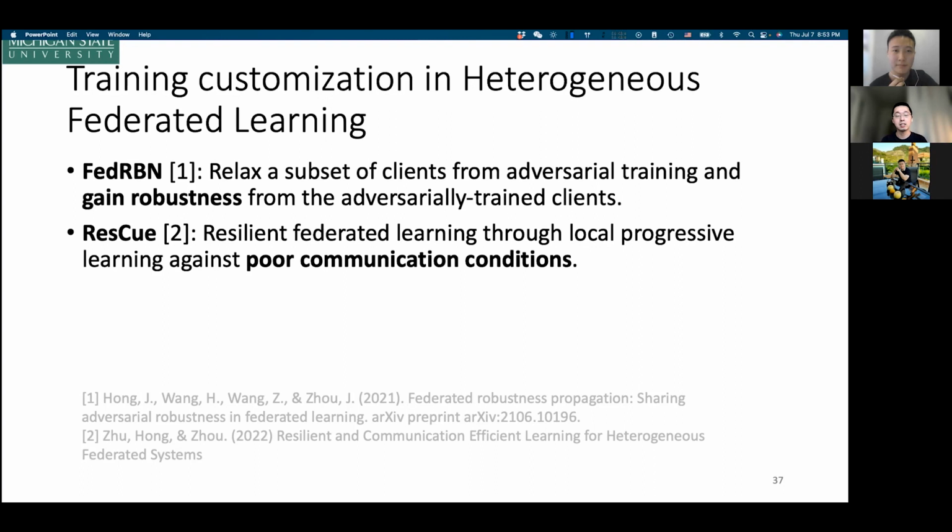So I guess here your problem is more specific. If we can train a robust model in a server, we will do end-to-end fine-tuning, because in that paper they only consider linear fine-tuning, and we know that if you do linear fine-tuning, you are very likely to maintain robustness. But many times we want to do end-to-end fine-tuning, especially for FedRBN.